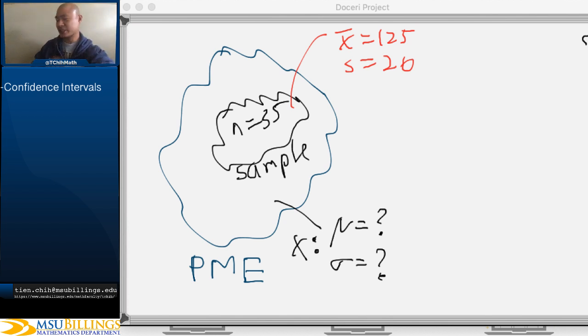And I don't know the shape of it either. I don't know what type of random variable it is. It could be normal, but it might not be as well, right? On the other hand,